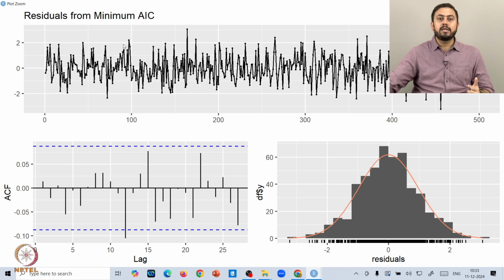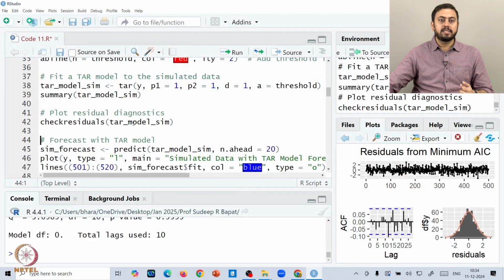Make sense? One small point is that if you see any discrepancy or disconnect in any of the plots, let us say normality, changing variance or autocorrelation, then you have to go back, push back a step, and propose a slightly different model, then fit that model and check the residuals again. So, you have to do some back and forth kind of exercise. But once you are ensured that all the assumptions are being met, which they are in this case, then you can go ahead with the forecasting. Alright, so I will close the residual